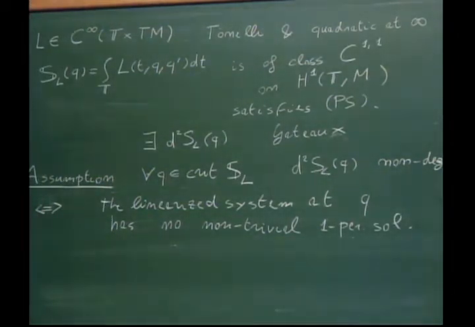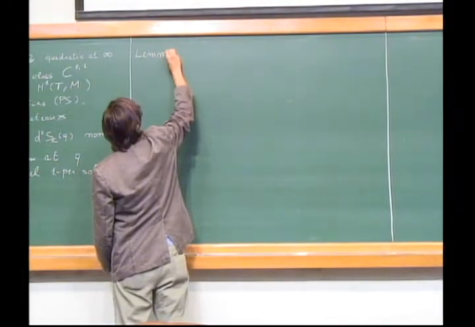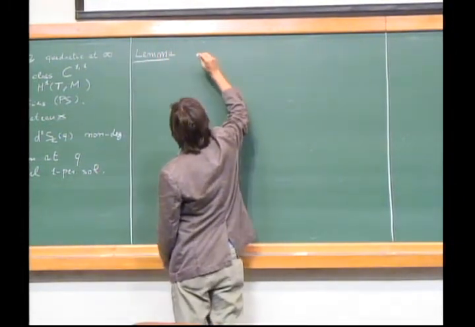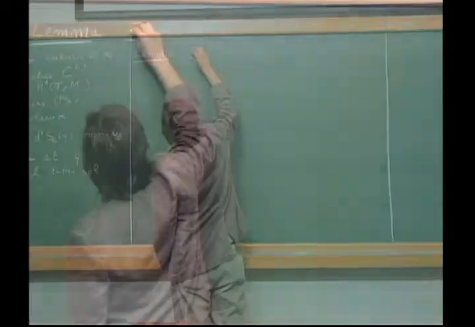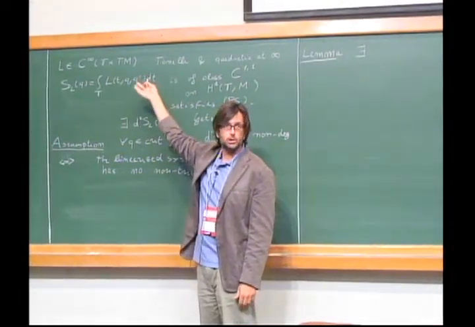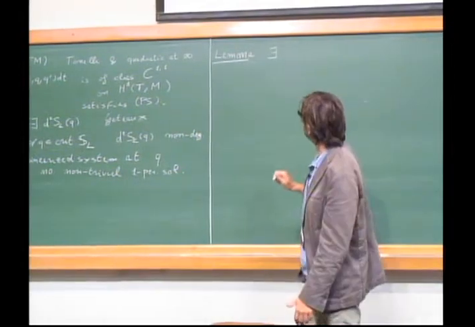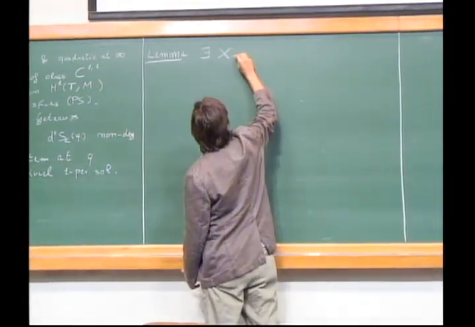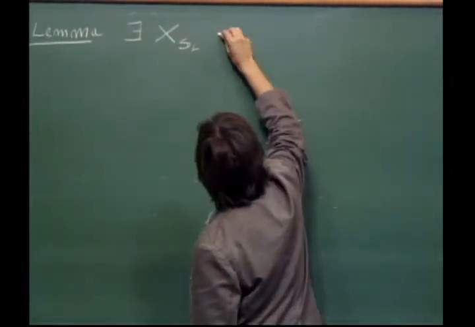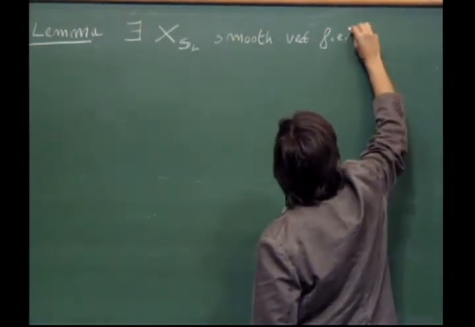Okay, and then, in order to overcome this small problem with regularity, what one can prove, I'll state it, is that there exists... So instead of working with the negative gradient vector field, which would be just Lipschitz, one can build a smooth pseudo-gradient vector field. This is the content of the lemma I'm about to write. I call it X_{S_L}. There exists a smooth vector field on this Hilbert manifold, H1(T, M), such that,